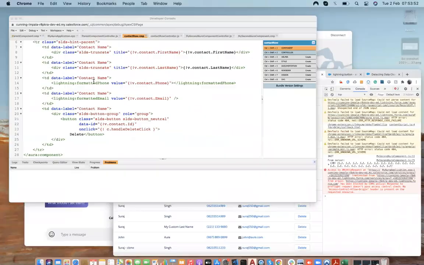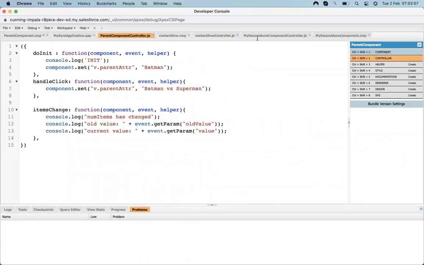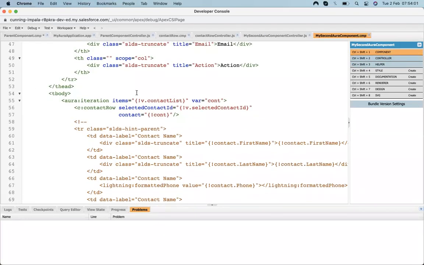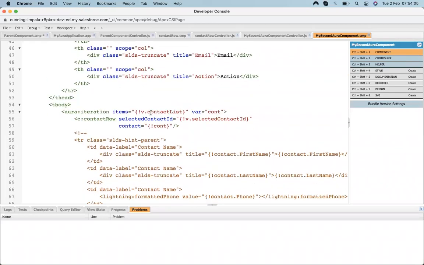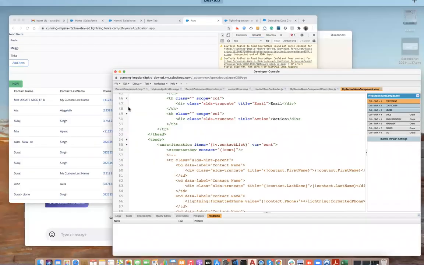So we created a child component and we use that child component inside our already created component, and we pass the values, first the contact, so that it will get populated.